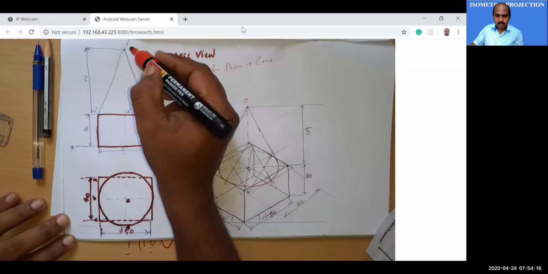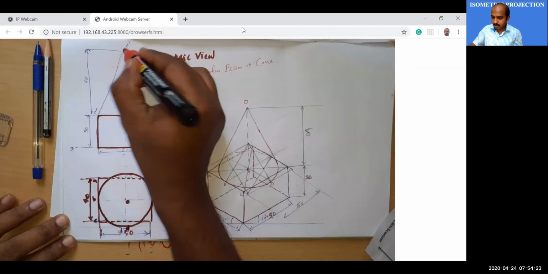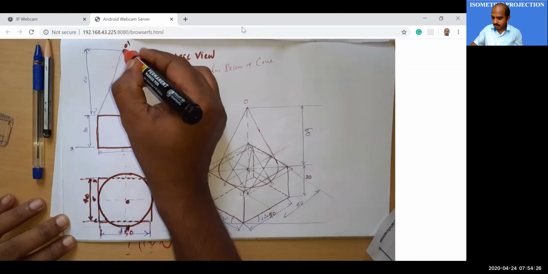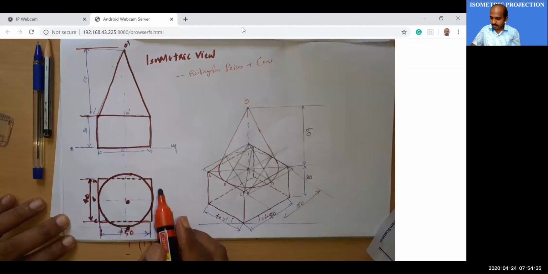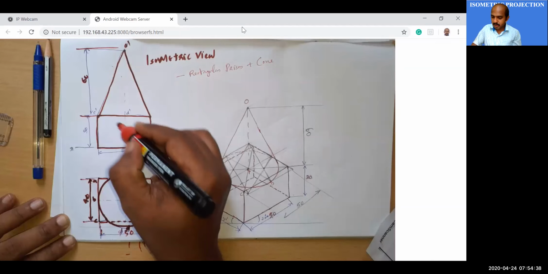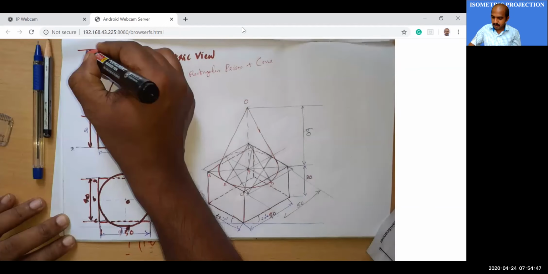Now think about your cone. The height is equal to 60. So from here, at 60 mm, you mark O dash. Then here you can mark D dash, C dash, etc. This is your 30 and this is 60.